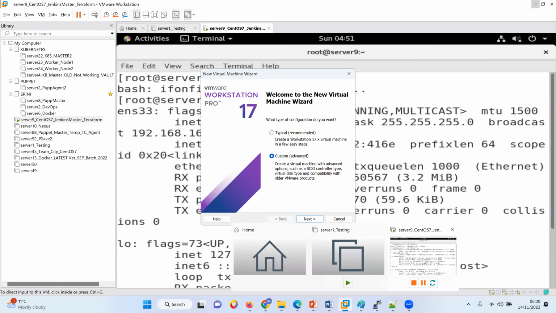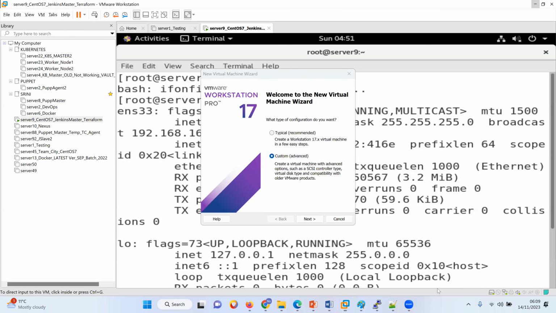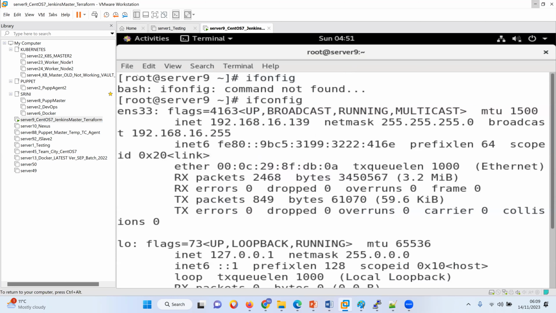Is it stored somewhere here? No. Okay, all right. So let's create once again. The window has gone, I think. File, new virtual machine,